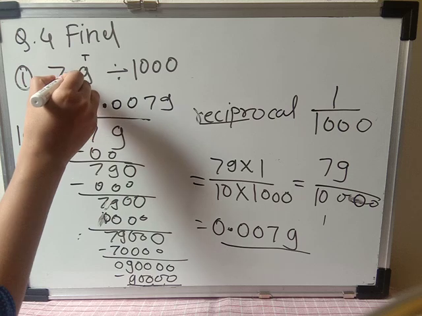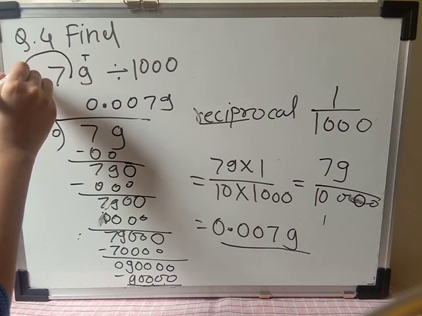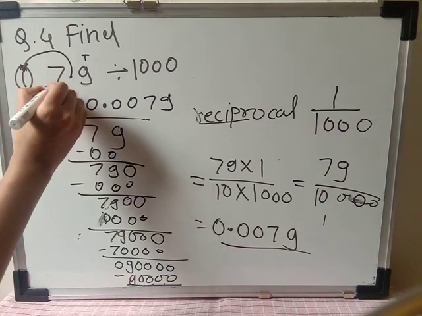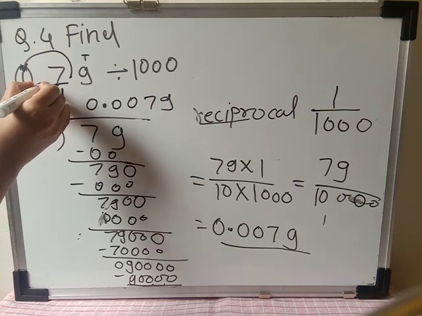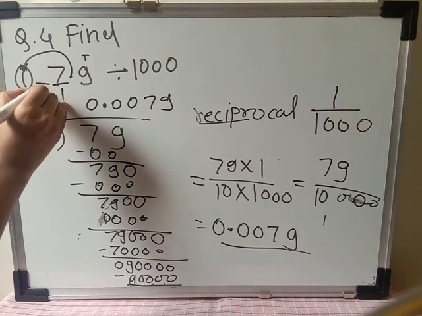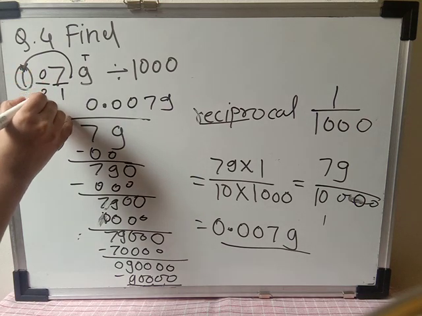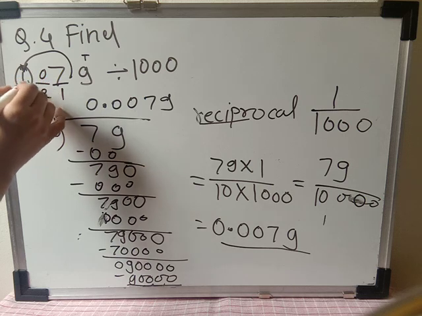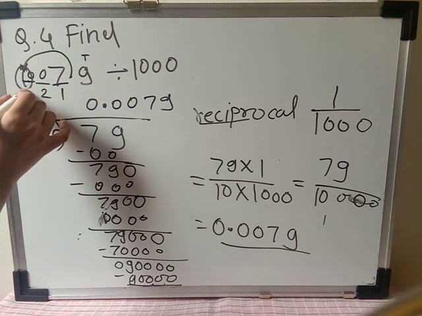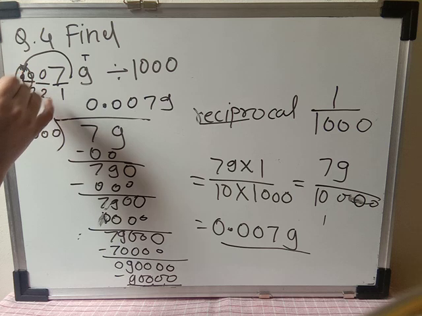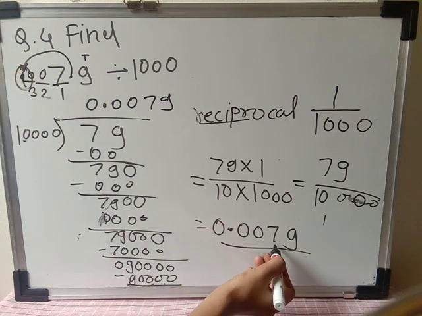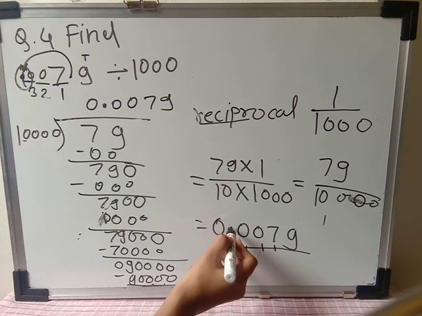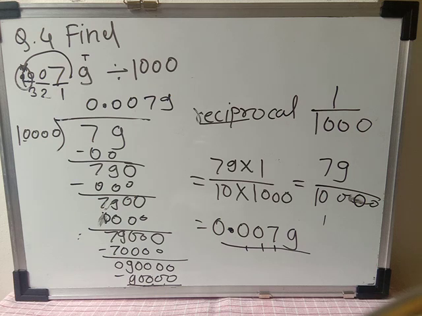In the last session I told you, whenever you are dividing a decimal number by 1000, the decimal moves 3 places to the left side. 3 places. Already 1 is there. 1 place. Before the 7, nothing is there. It means there is a 0. That is the second place. Before the 0, nothing is there. It means there is also 0. This is the third place, and here is the decimal. See, in the answer also you can see 1, 2 and 3, and the decimal is here. Okay, so here we have solved example 1.